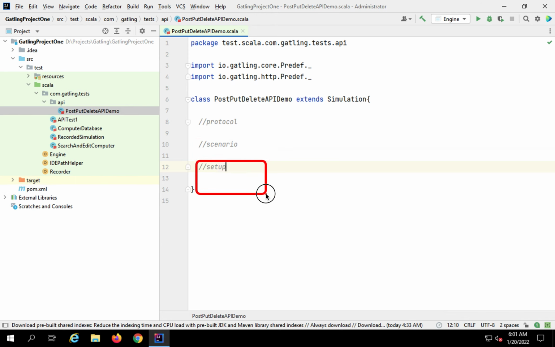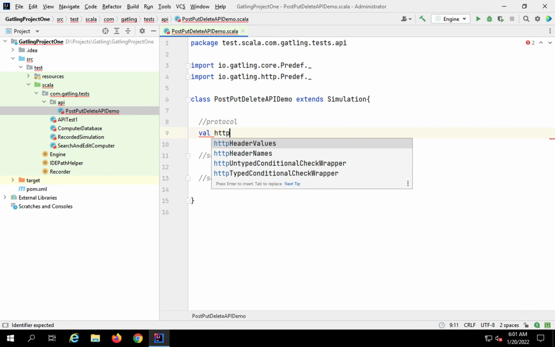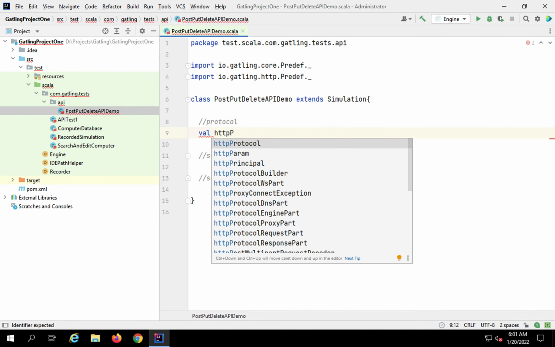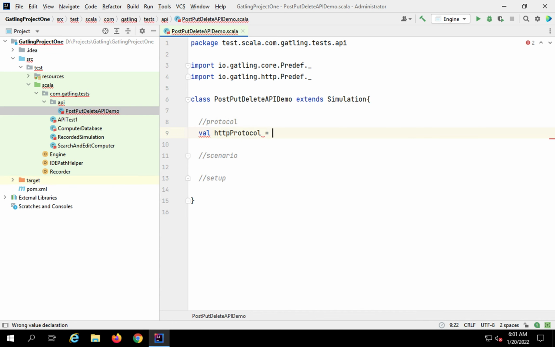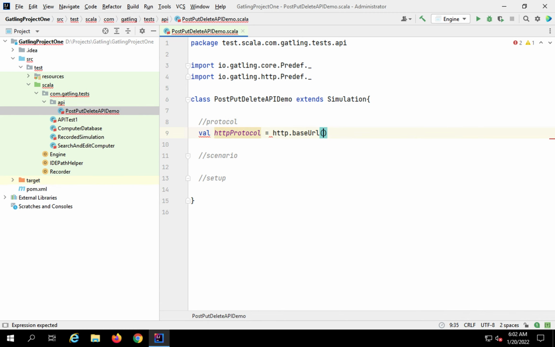And in the setup section, we will set the load for different scenarios and different load strategies. So let us start with protocol, and for that I will give any name. I will say val, and I can give it a name, let us say HTTP protocol. You can give any meaningful name here, and I will say http, and now I can give all the HTTP protocol settings. So let us say I want to give a base URL first, so I will say dot baseUrl, and here in this